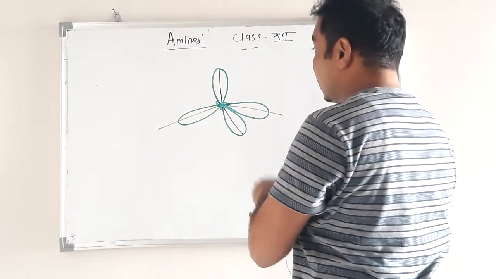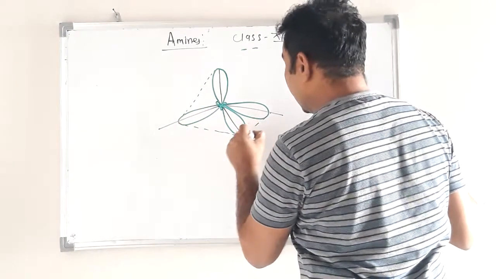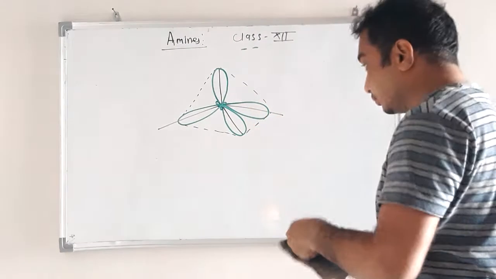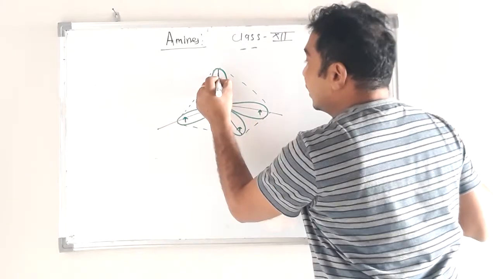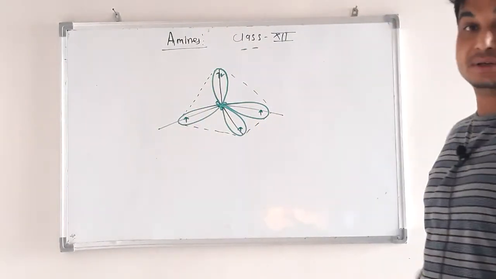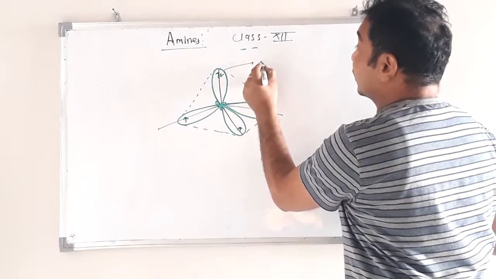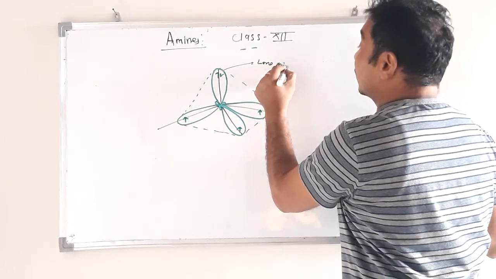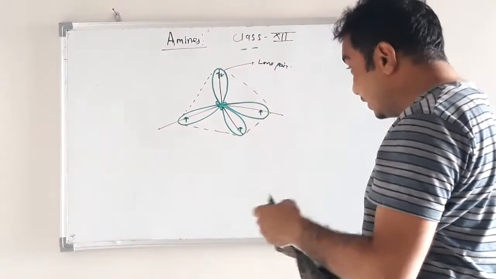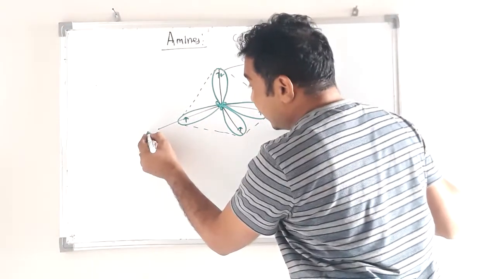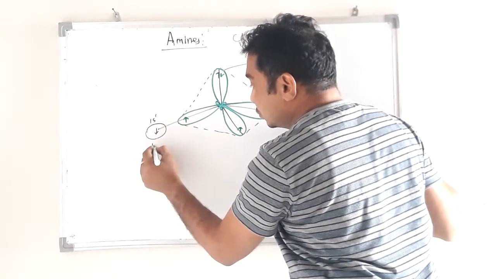These are the 4 hybrid orbitals having tetrahedral geometry. They contain a lone pair of electrons and unpaired electrons, and one of them is completely filled, that is called a lone pair orbital. The remaining 3 are singly filled sp3, and these 3 hybrid orbitals of nitrogen overlap with 1s1 hydrogen,